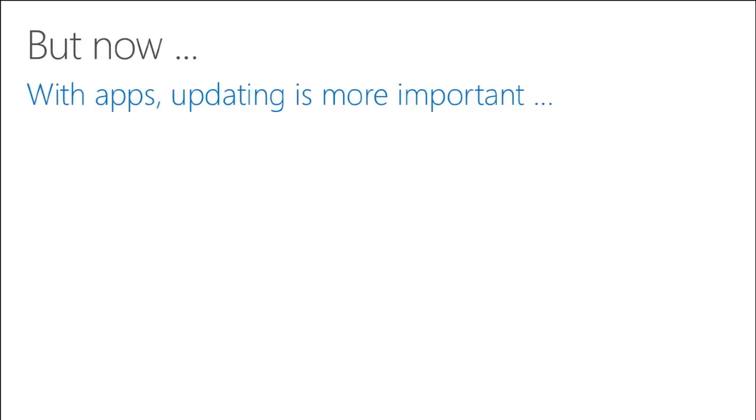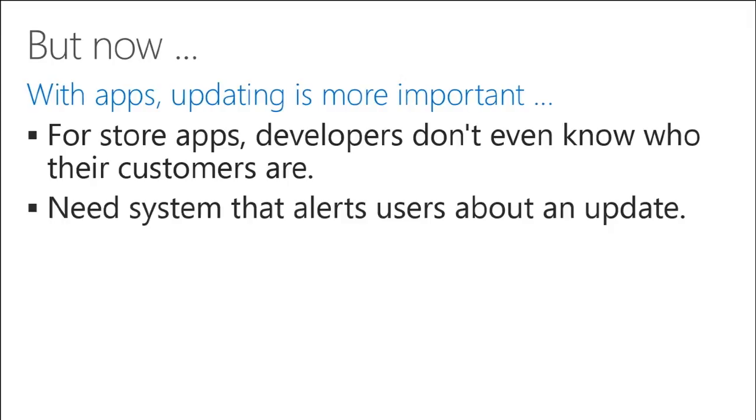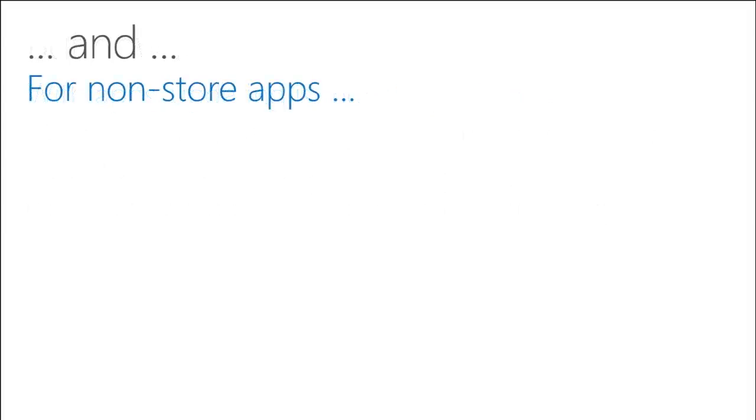But that has changed. With apps, updating is more important, especially, but not exclusively, if you are selling the app through the Office Store. Okay? For Office Store apps, developers don't even know who their customers are. So they can't tell them about a replacement app. Right? So what's needed is a system that alerts users to the existence of an update, and that's what we provide in SharePoint 2013. Okay? Also, for non-store apps,